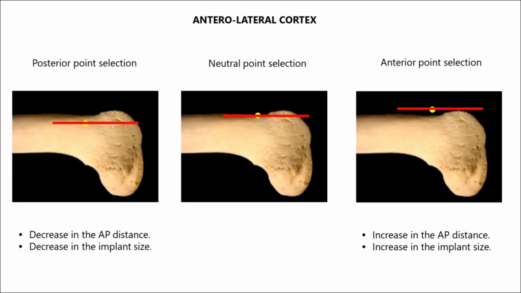Errors in selecting this landmark will lead to errors of defining the size of the implant and in defining the size of the anterior-posterior notching by the implant. If taken more anteriorly, it will lead to a larger anterior-posterior diameter of the bone. Subsequently, a slightly larger size of the implant is selected and a higher degree of the anterior notching in case a smaller size implant is selected.